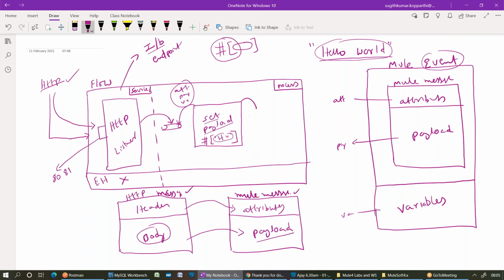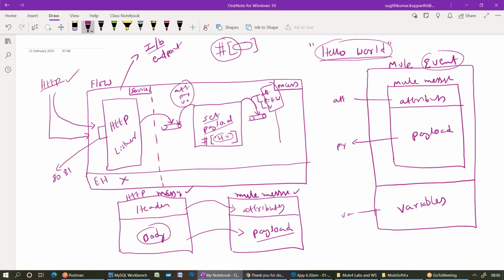Attributes are empty, payload has the value hello world, and variables are empty, right? So at the end of this flow, this is the event structure we just discussed.